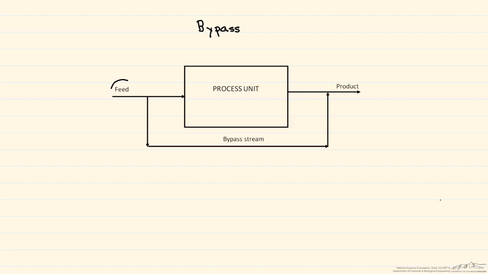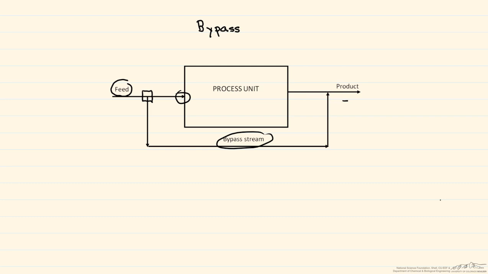Here we have a feed that's going into the system, and right here the feed splits into two streams. One of them is what's known as the bypass stream, and then the other right here goes into our process unit. And if you note, the bypass stream, as it's called, bypasses the entire unit. So here we have a stream that exits the process unit, and then here it combines with that stream, and then the final stream is a product.